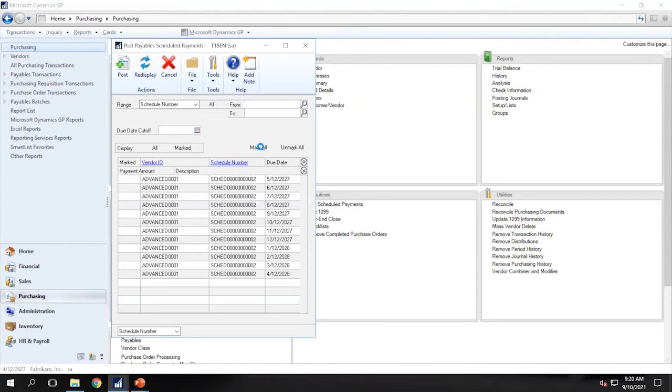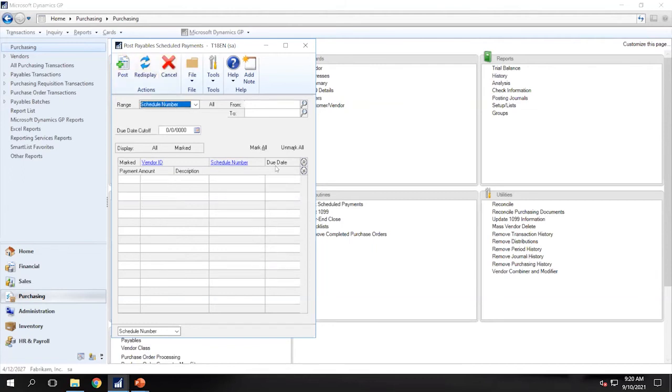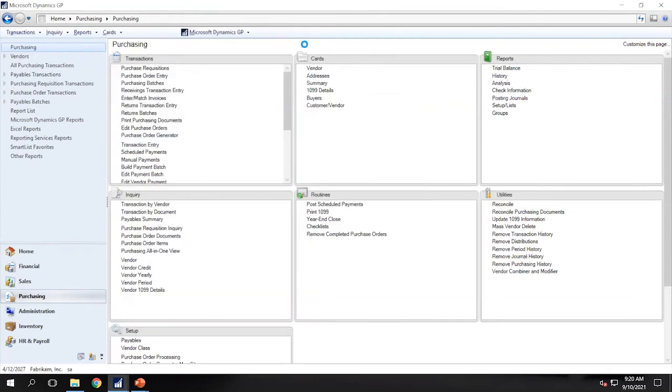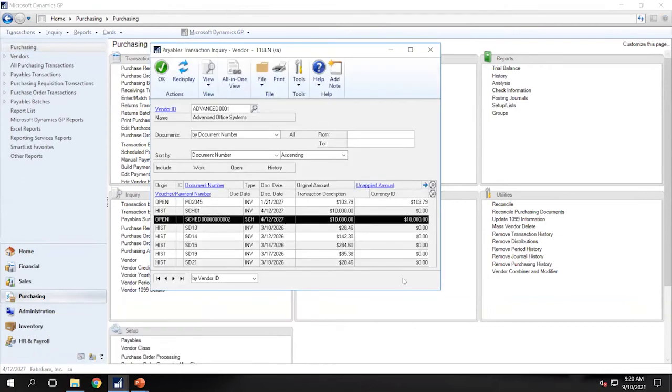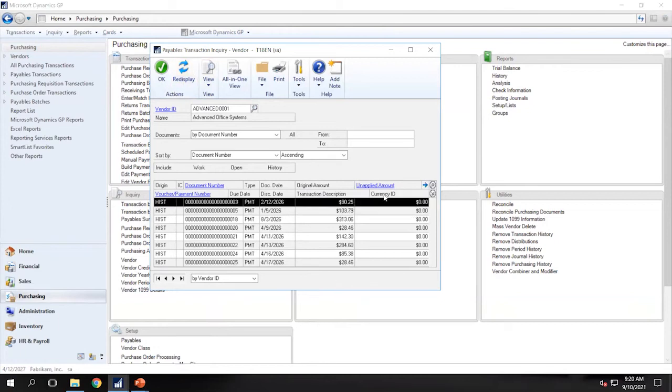In this case, I'm going to mark all. I'm going to post, and I'm going to cancel the reports, and that will automatically create 12 new invoices. Then when I go back to the inquiry window, I'm going to redisplay. Then you're going to see here